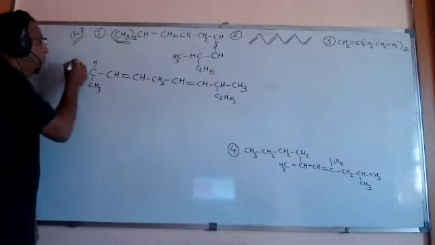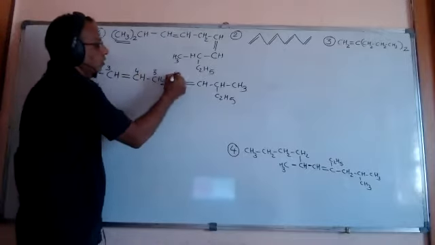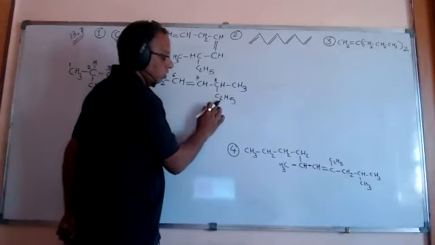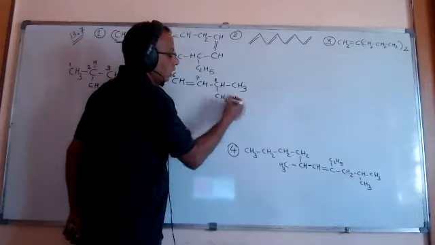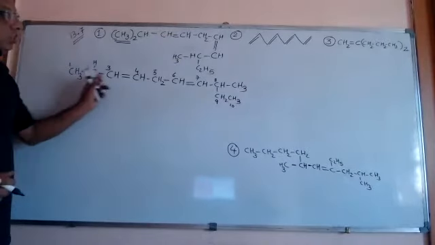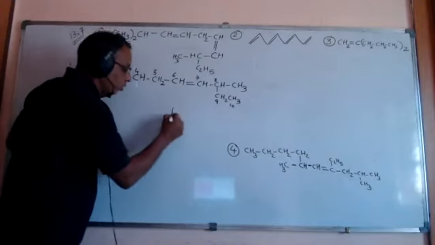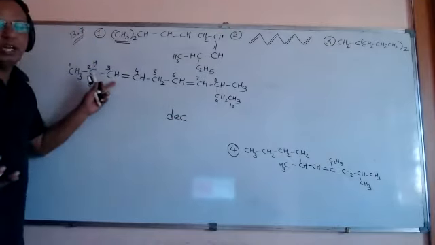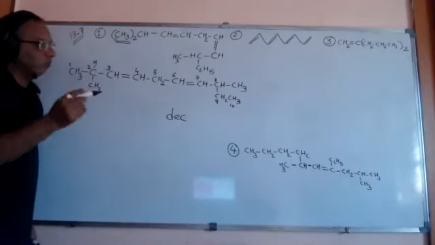I am giving numbers 1, 2, 3, 4, 5, 6, 7, 8. This is CH2 CH. This C2H5 can be written like this: CH2 CH3. So number 9 and number 10. So this 10-carbon chain is called dec, friends. For 10 carbons it is actually decane, but since a double bond is there, that's why dec is to be written. Okay.